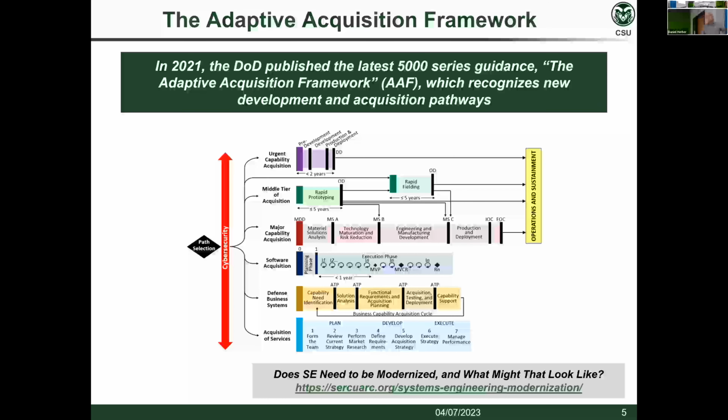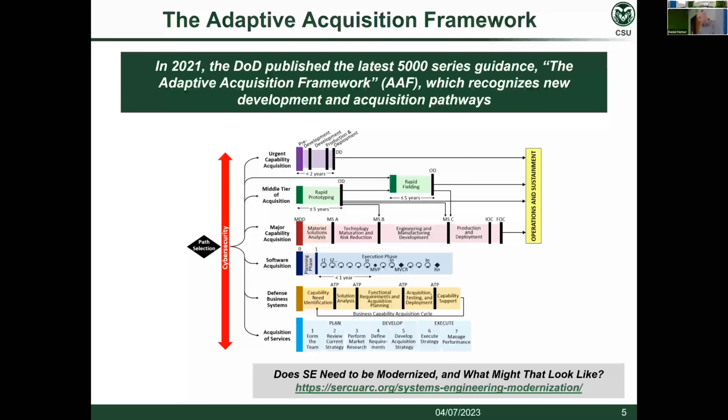There are still things with longer timeframes as well, but if we're trying to meet these goals for different types of systems, we need to be able to identify methods that will allow us to do the correct development of these systems within the target goals. And one of the areas they specifically identified was digital engineering as a way to meet these needs.